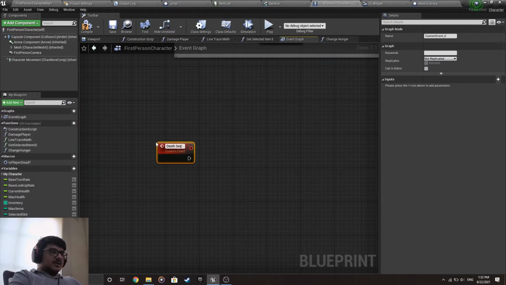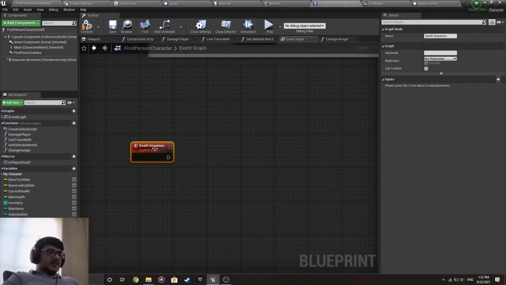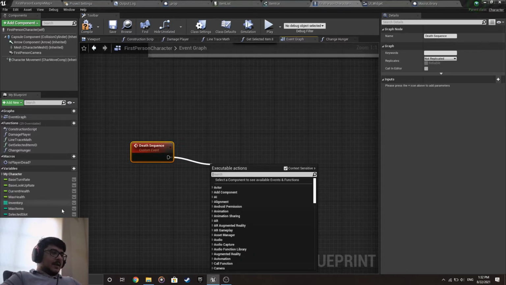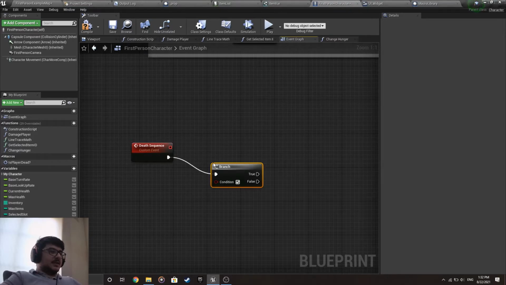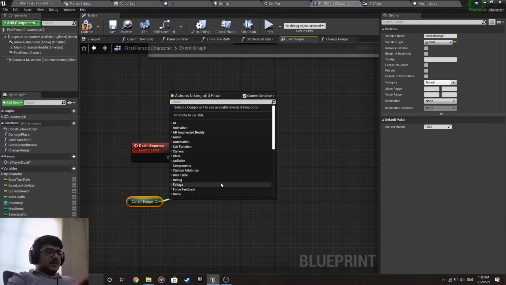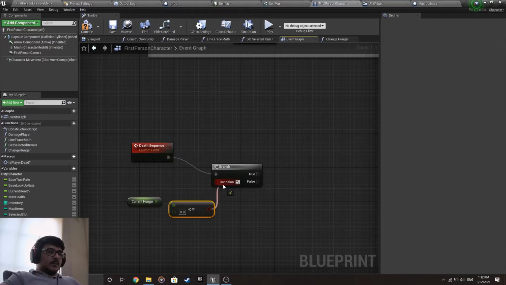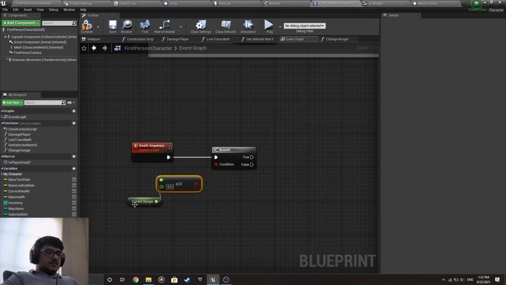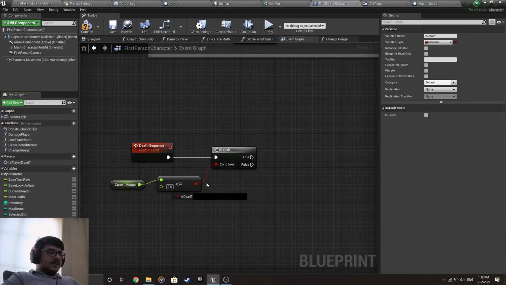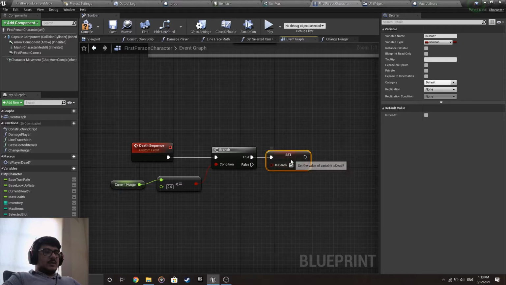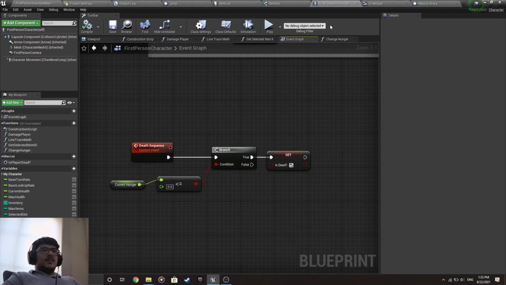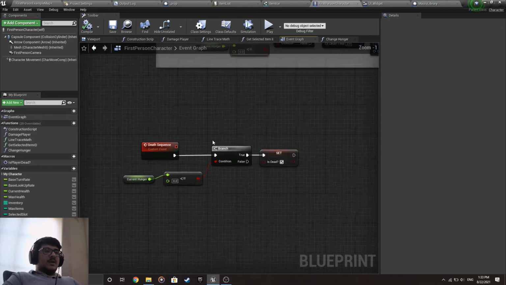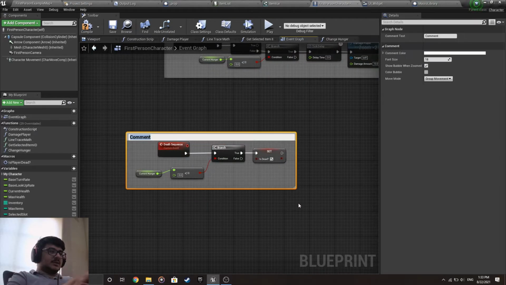This is basically when the health is less or equal to 0, then is death will be true, so that the first person character can know when the player is dead. We make this death sequence fired if health is 0,